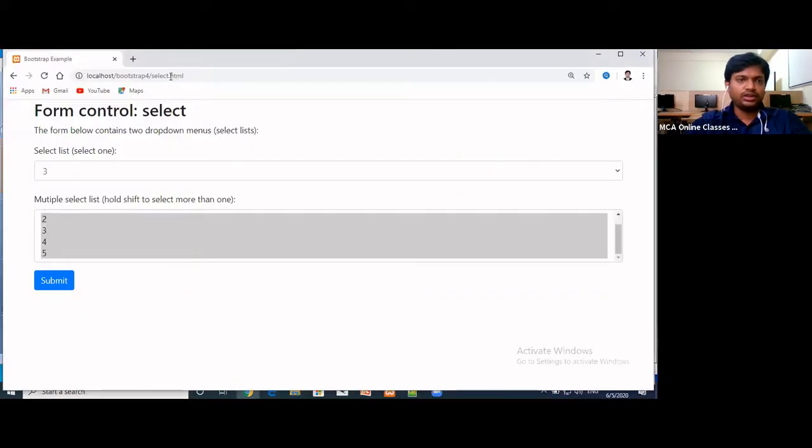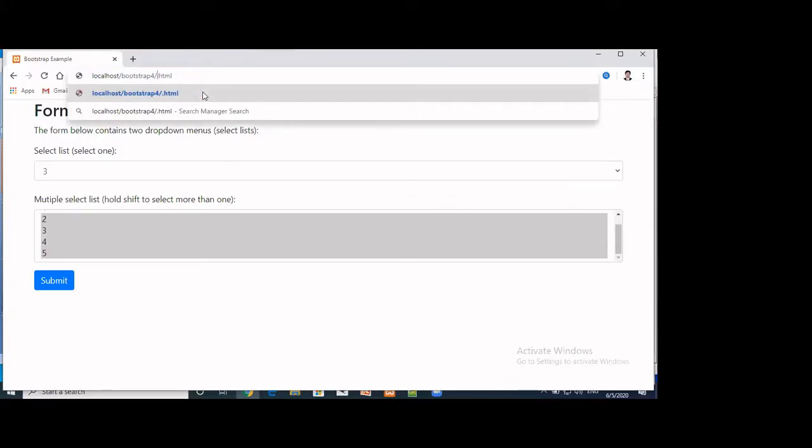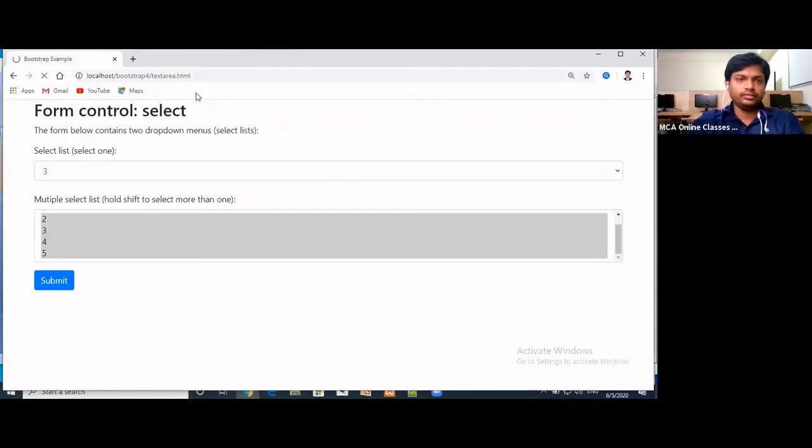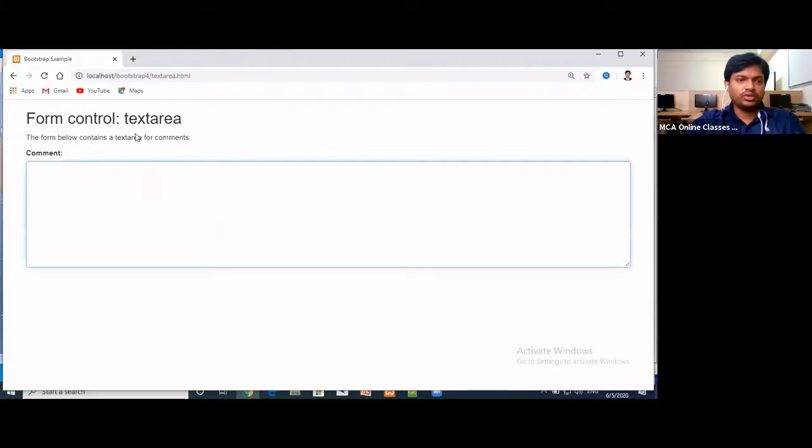Whenever we observe this in the localhost, this is how the text area looks in the web page. Some CSS is applied to it.